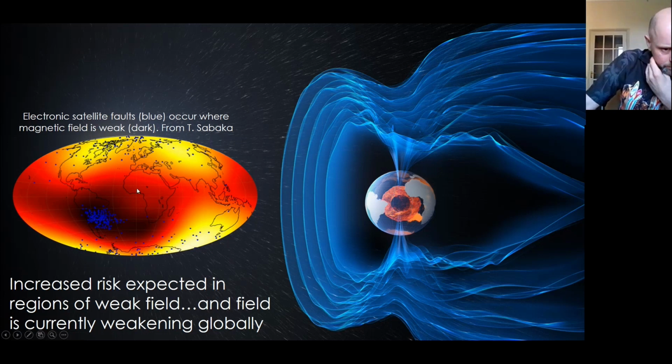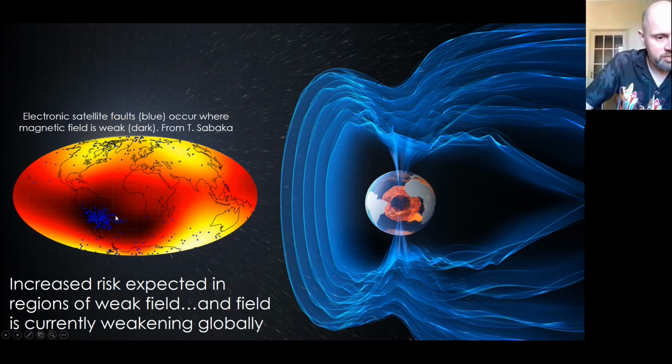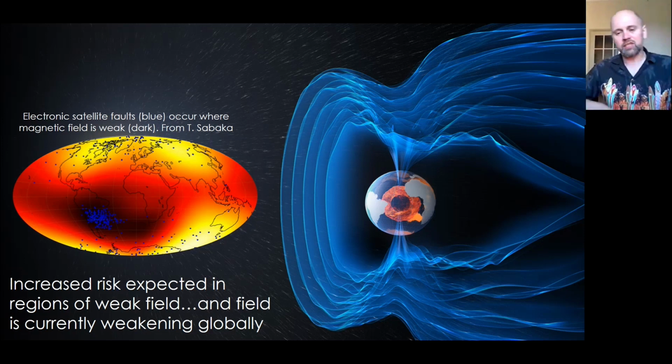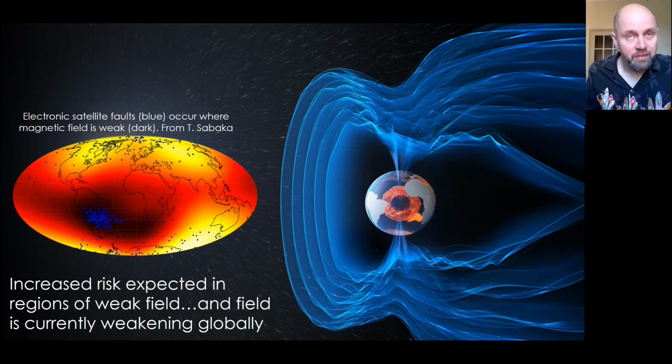a bar magnet. There's this region of the magnetic field that is anomalously weak, meaning that it's weaker than what we would expect if the magnetic field was just a dipole. And the dots here that cluster in this weak field region are the, at least as of 2015, the reported electronic faults that occurred aboard low orbiting satellites. And so in the regions where the magnetic field is weak, the faults are more pervasive, and